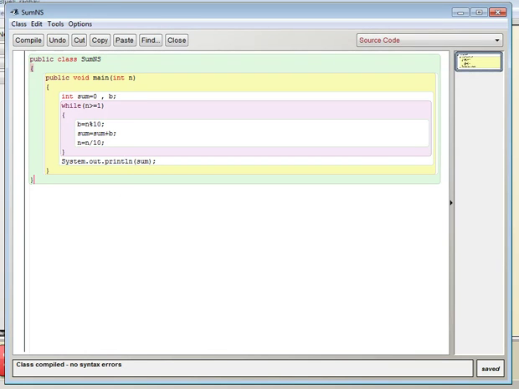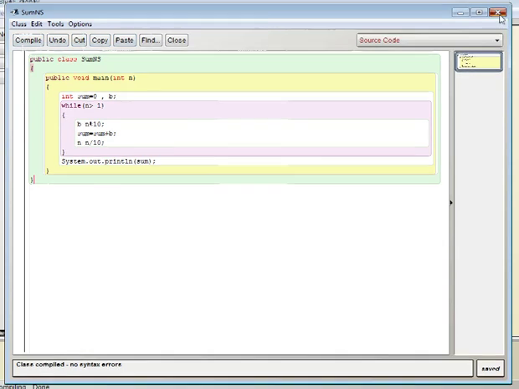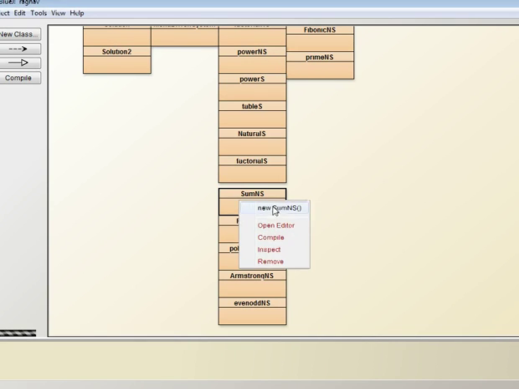So this loop will be executed as long as the value of n does not become 0, and then it will be system.out.print the sum. Sum is the value of addition of all the digits. So obviously there is no syntax error in this program. After this we will go and we will run it,